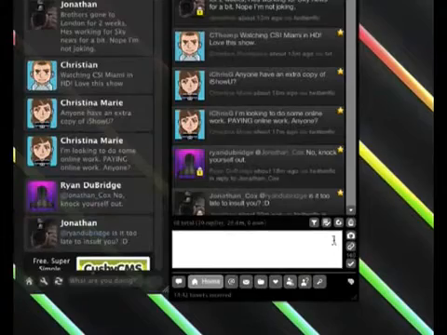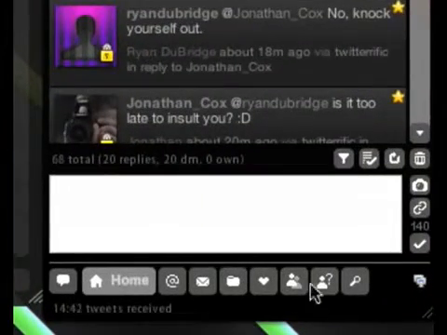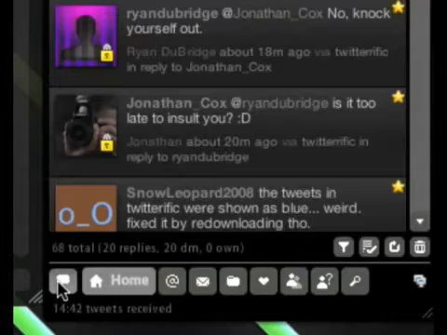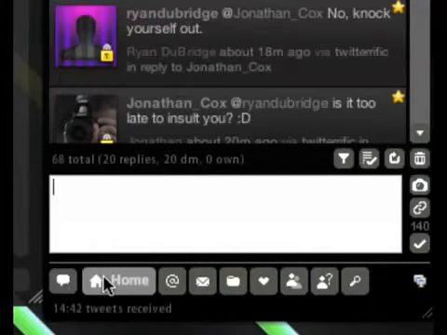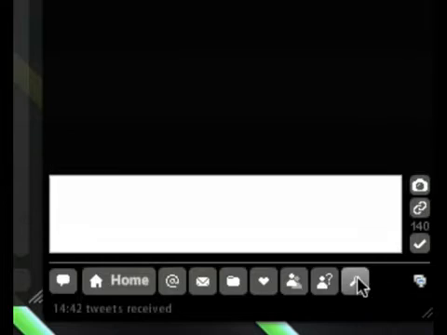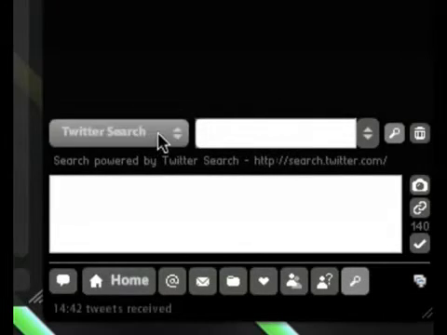And down here it's a lot more cluttered, but you have a bunch of options. Here you can hide and show the input panel, which is a nice feature. And this home just shows all the tweets that you have. You can reply, direct message, archive, favorite, show your followers and people that you're following their tweets, search for a person, I think, and then search. I really like the search feature because, let's say I want to search. First off, you can choose where you're searching, tweet scan or Twitter search, and I can look for iTalkApple,